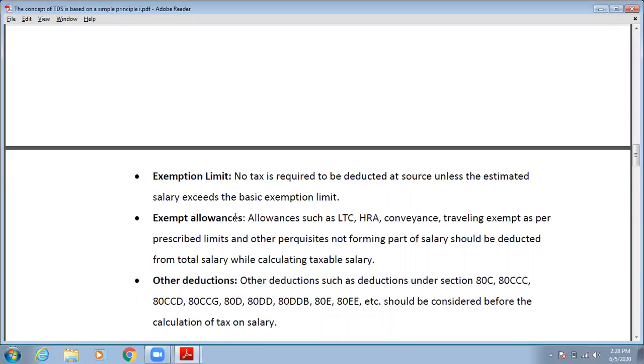There are allowances like leave travel concession, HRA (house rent allowance), conveyance allowance, and travelling allowance. These are exempt up to certain limits, which we have already discussed. The exemption limit and exemption amount we have already discussed in the salary head. That amount, plus payments not forming part of salary, those payments and the exempt allowances, what will you do, from the total salary